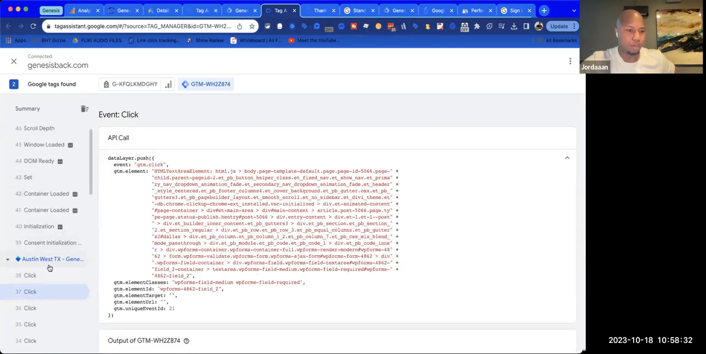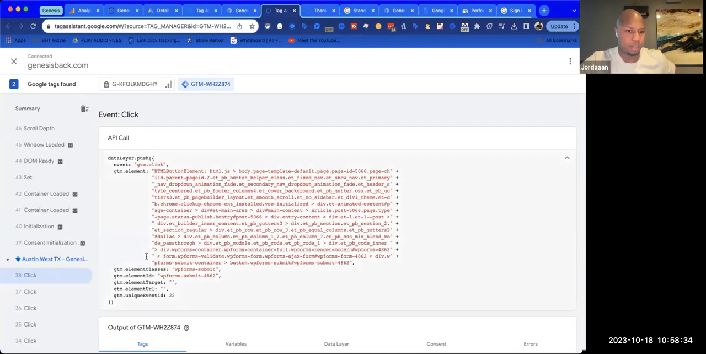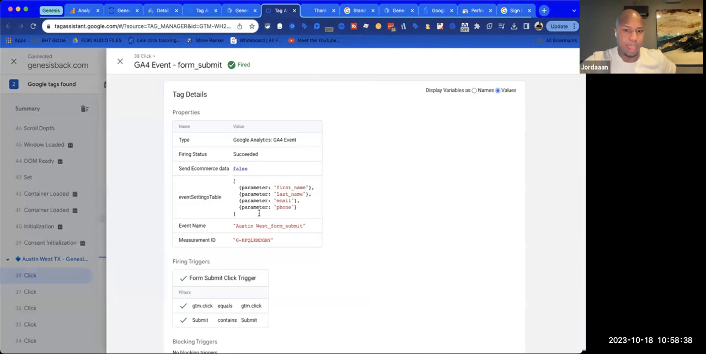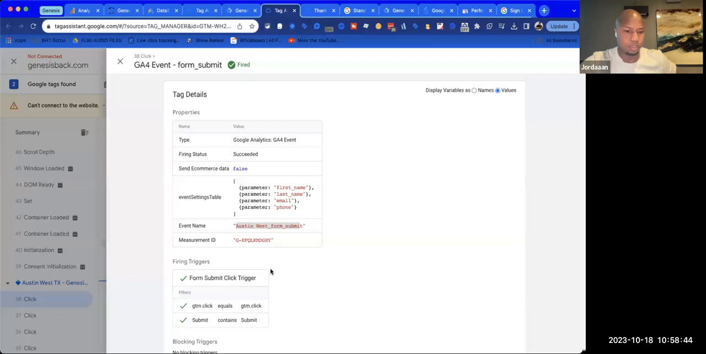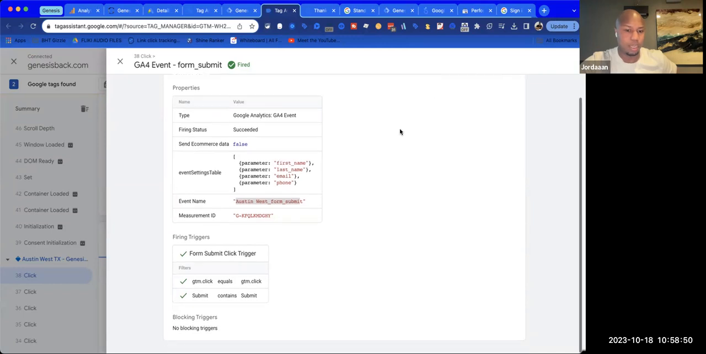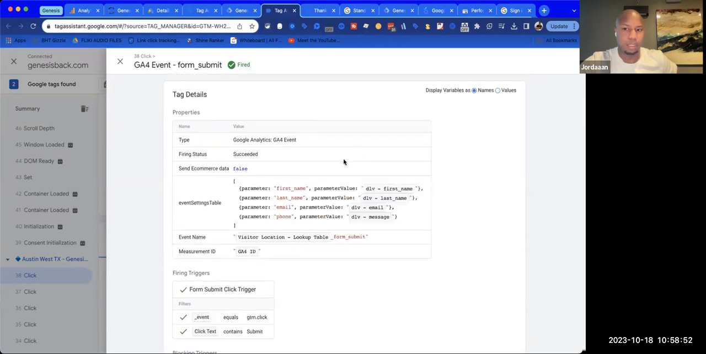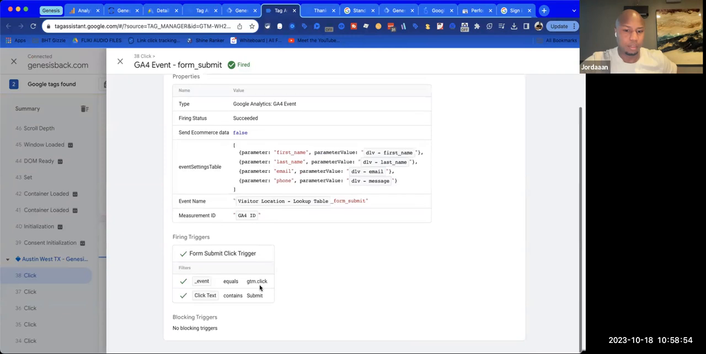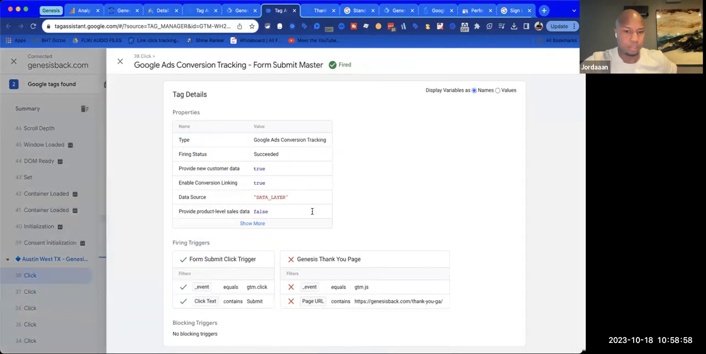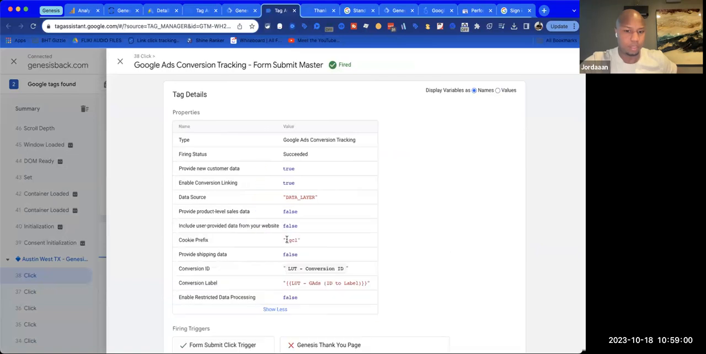So it's flipping to this other page after this click happens, and during this click, that is a form submit click. I have it coming in here as an event name, Austin West form submit. So it's going over to GA4. Unfortunately, it is not being caught inside of the conversion event for Google Ads, and that might be because